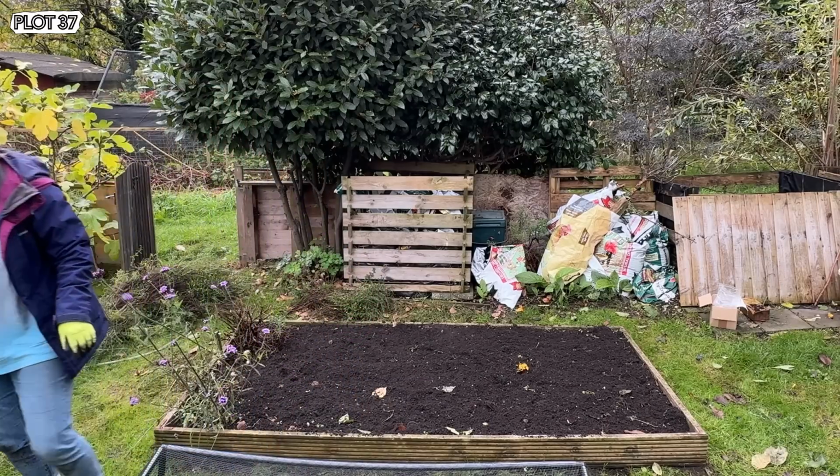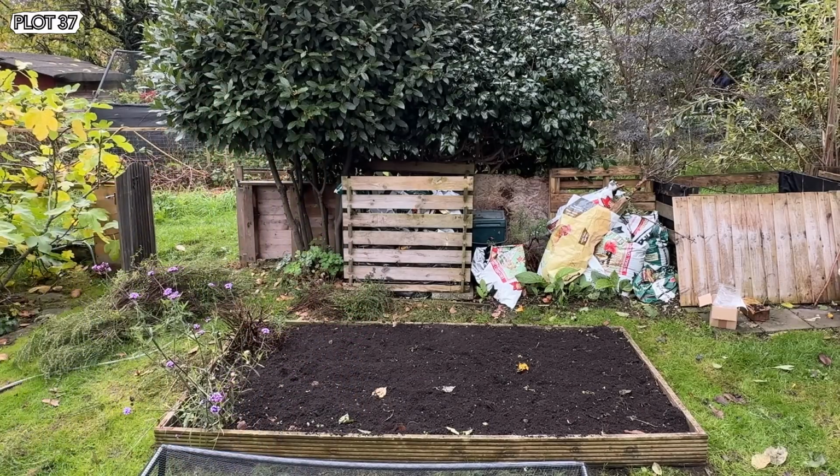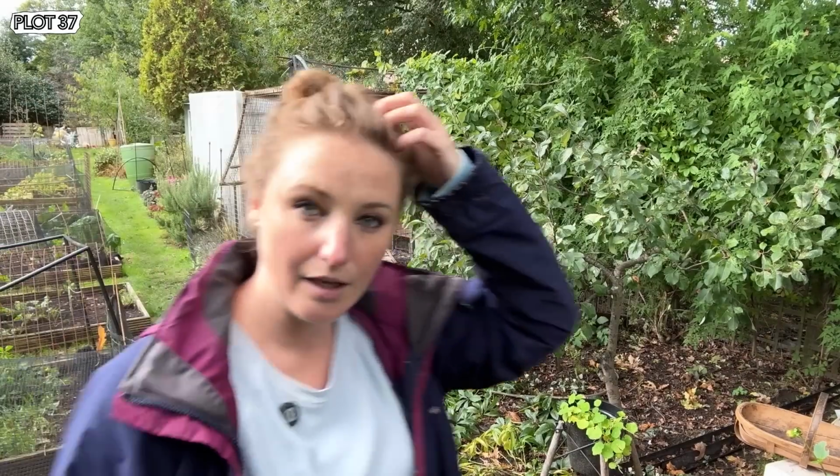Beans in. Well, funnily enough, I know I just said that chopping back that winter savoury, you shouldn't really do it when you're going to have cold weather, but it's...